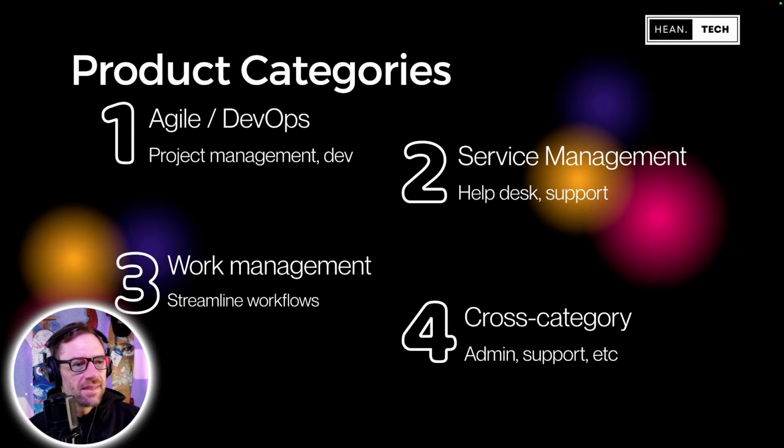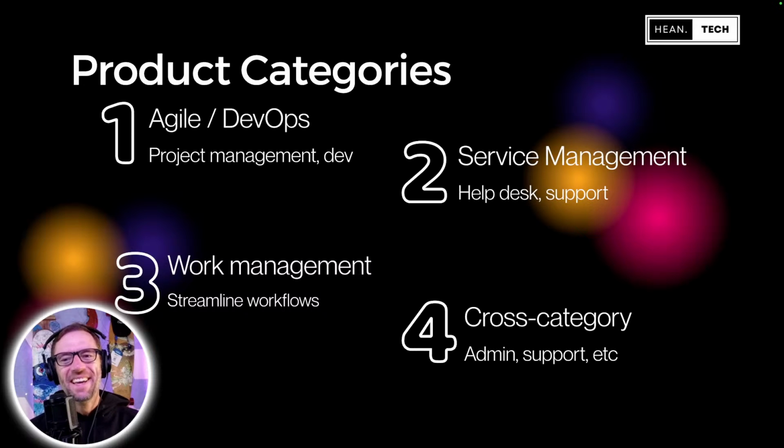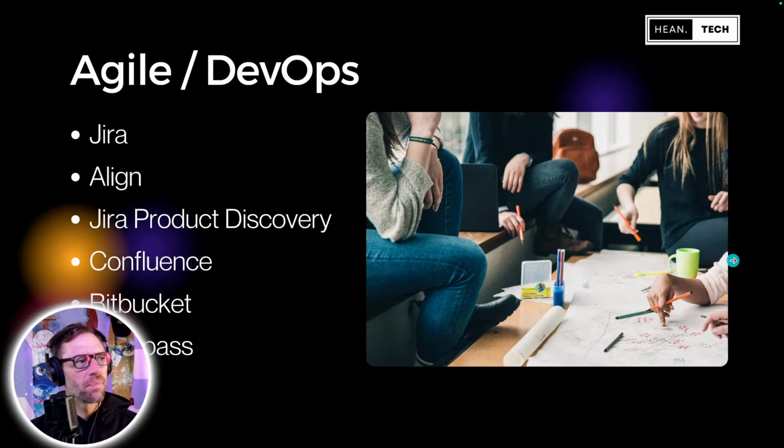And they're just a way to consider how these things work. The biggest one, not the most confusing one, for me is this cross-category. This one includes a lot of stuff, but if you can remember what the first 3 categories are, Agile and DevOps, Service Management, and Work Management, everything else is this cross-category. It's the other bucket, which I kind of get a kick out of. There's just a lot of it.